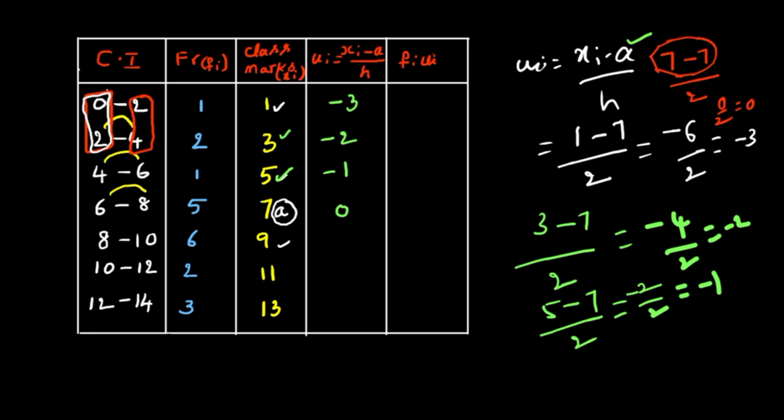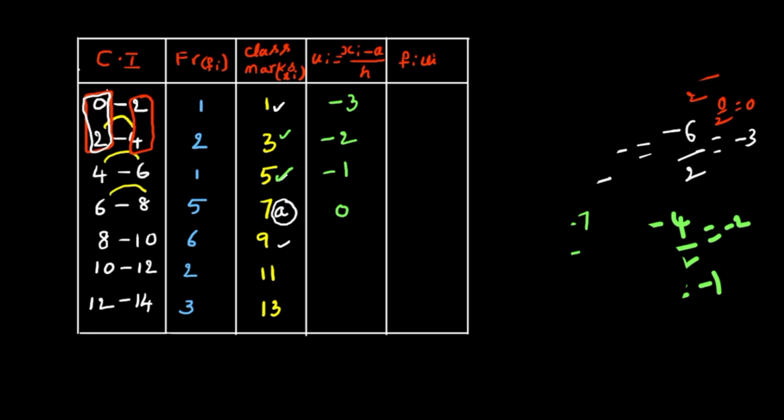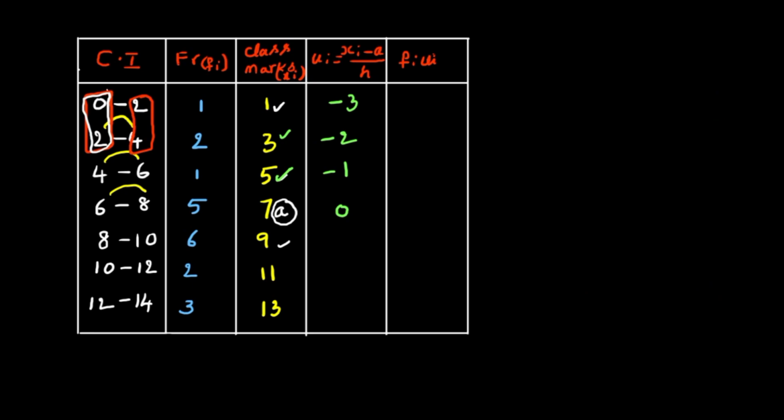Now I am going to show you one simple technique to write all these values. First of all, you must focus on the class sizes, whether they are equal or not. Yes, all class sizes are equal, the difference between two classes is 2. Now take a number line like this: this is 0, here 1, 2, 3. Don't forget this is not a coordinate axis, not an x-axis or y-axis, just a number line. And on this side I take minus 1, minus 2, minus 3.